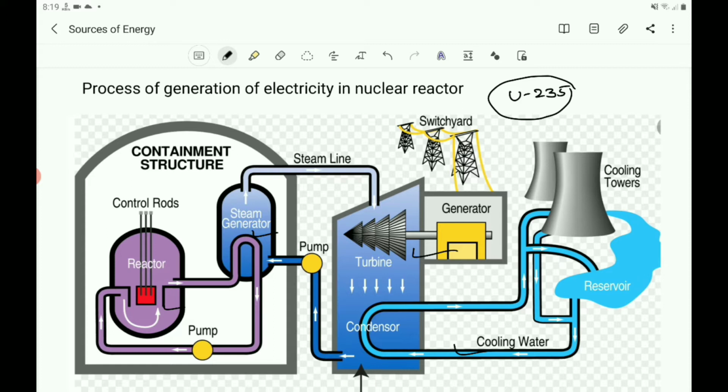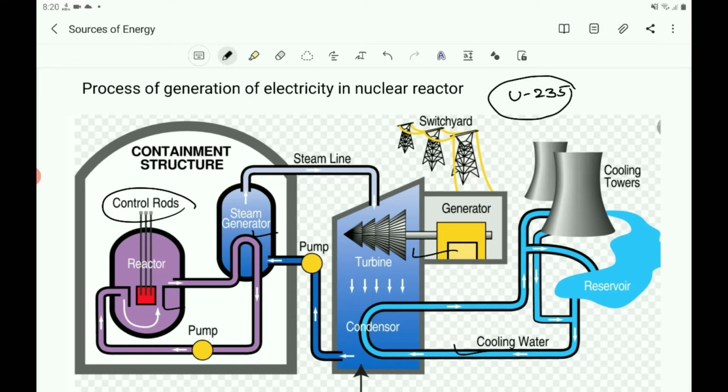So, to carry out the nuclear fission reaction effectively, we have to use the moderator, that is to slow down the speed of the neutron. So, by using moderator, you can slow down the speed of the neutrons and you can cause the fission of uranium-235 effectively. And the other one is by using the control rods.